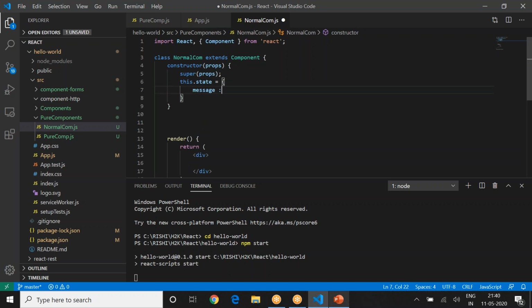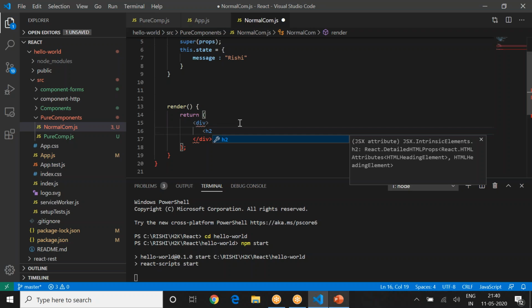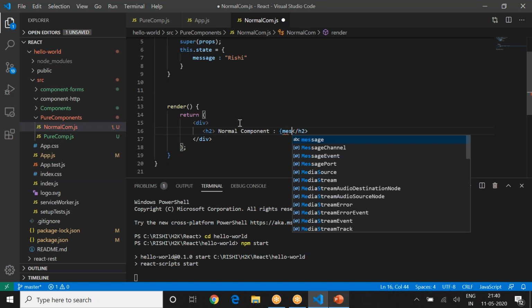You have message, and message says Rishi. Then you display the message here. So this is again an h2, say normal component, and colon, you just say message.